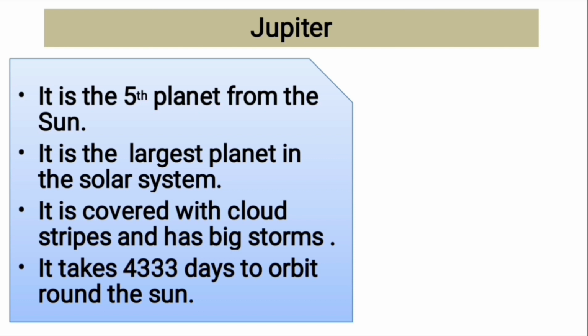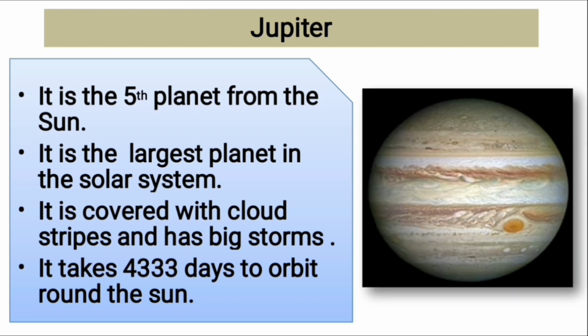Jupiter is a gas giant and doesn't have a solid surface. Jupiter also has rings, but they are too faint to see very well. It is made of hydrogen and helium. It has a very thick atmosphere. Its rings are very hard to see. It is known from ancient times because it can be seen without advanced telescope. Now we can see Jupiter in the picture.